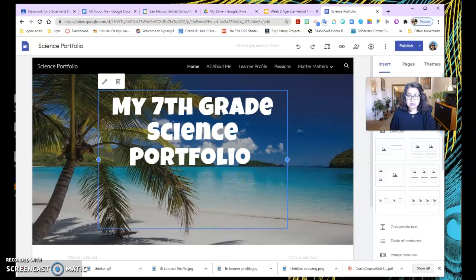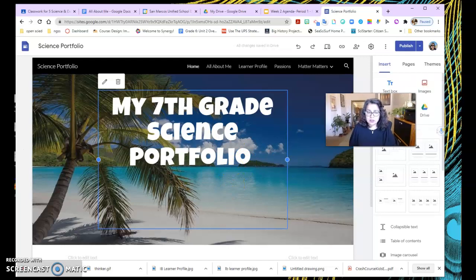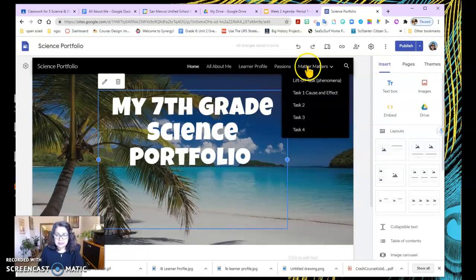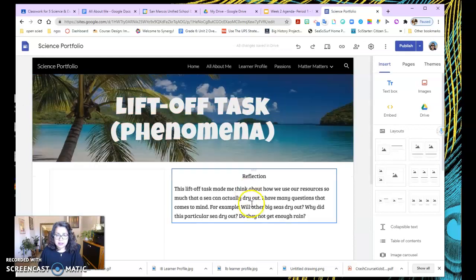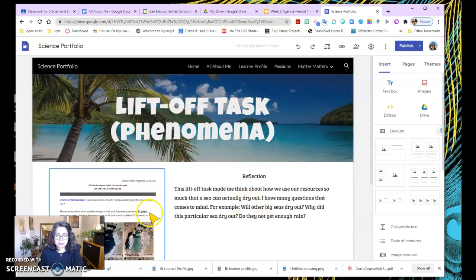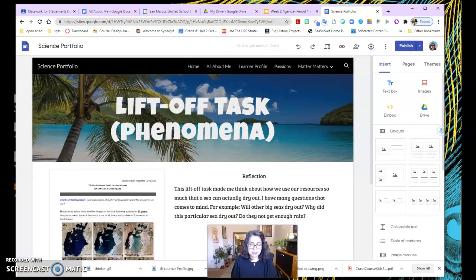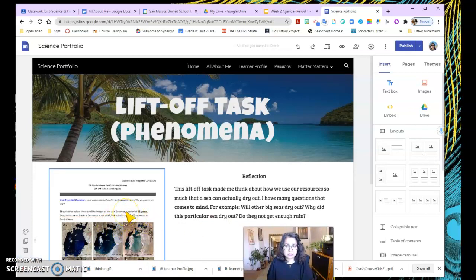So right now what we're going to do is we're going to add our liftoff task. So you can go to Matters and liftoff task. And what you're going to do is you're literally going to put your page in here, and the way you do that is you go to